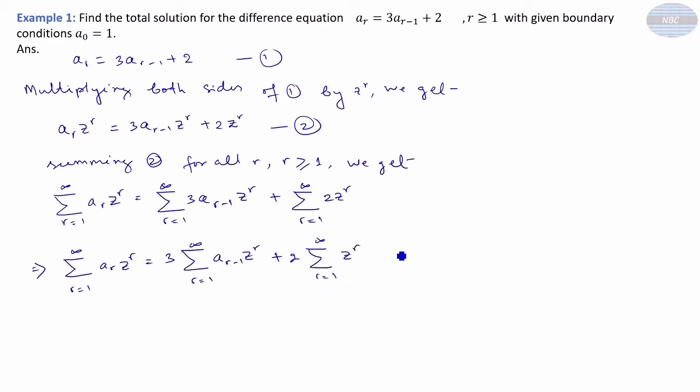Okay, now we'll find out the equation 3. We'll find out each term. Okay, so come to the first left hand side term, we first simplify this one. So this is equal to summation r is equal to 1 to infinity a_r z to the power r is equal to, okay, so it can be written as